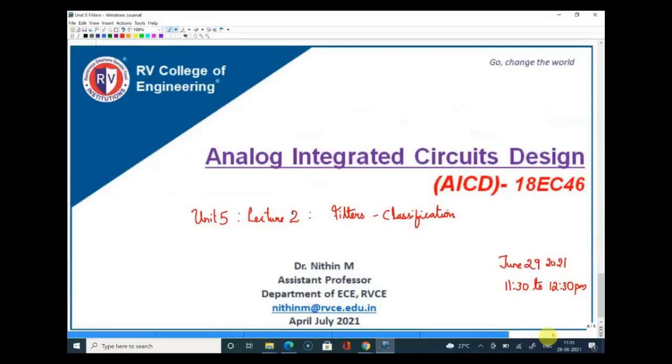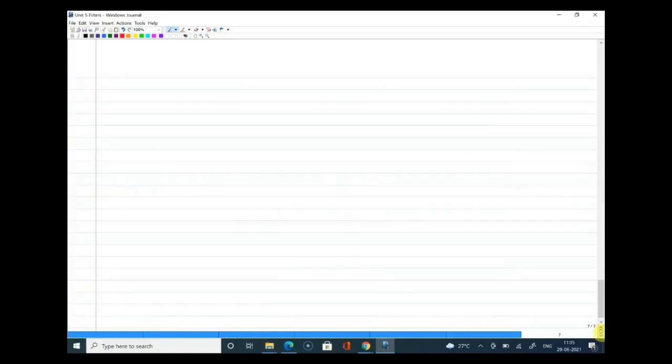So how are filters classified? We'll briefly look up the classification and we'll see some details. In today's class, we'll do a generic study, so that from next class onwards we will go to the different filters, such as first order filters and second order filters. All right. So even the classification will be familiar to you. So we will start with classification. There are various ways filters are classified.